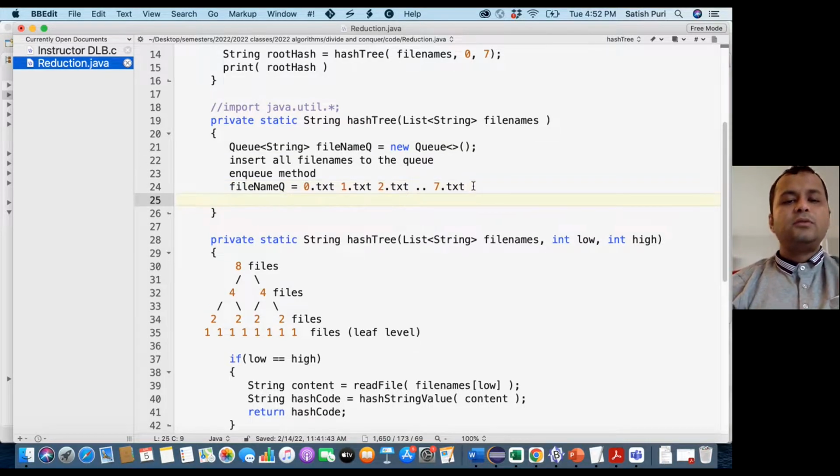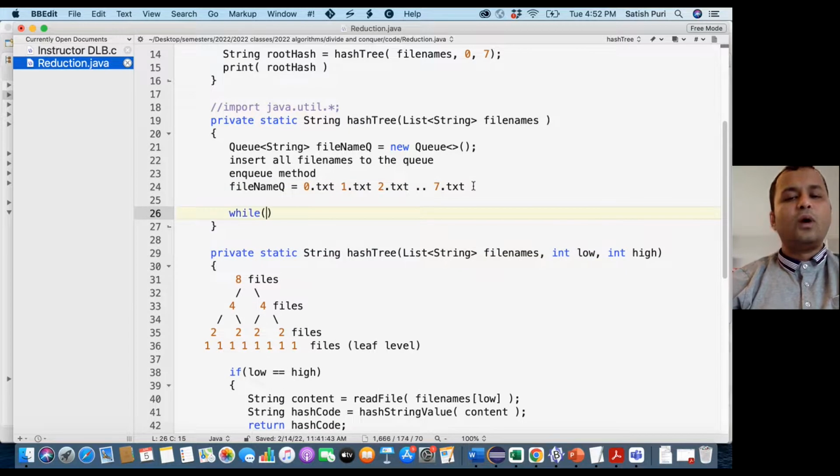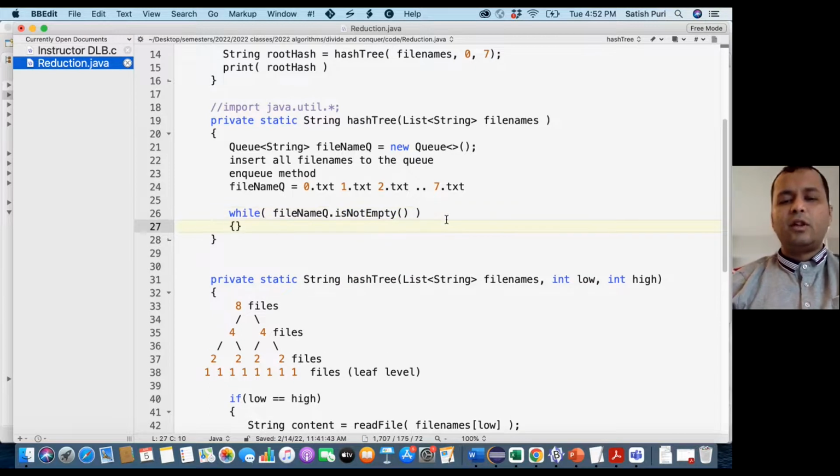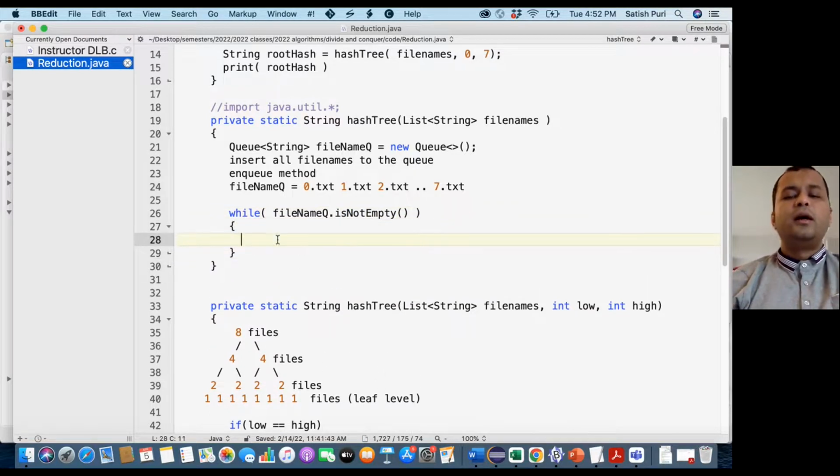All right, so once you have this queue, then you can write a code something like this. While your file name queue is not empty, and the name of the method will depend, right? You have to just look at whether it's a Java queue or whether it's a queue from your data structure class. So this is not empty. You basically have to combine a lot of times. So that's why you have a while loop. So take the basic idea that you take the first two items from the queue, or here the items are file names. Take the first two file names from the queue,